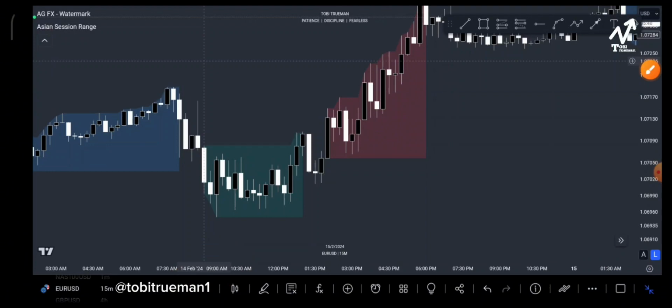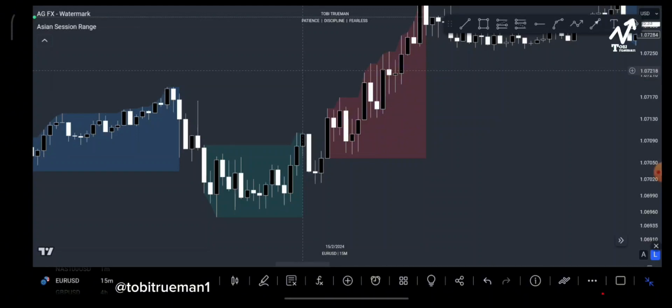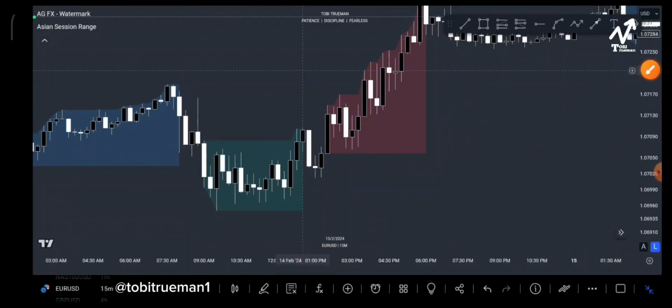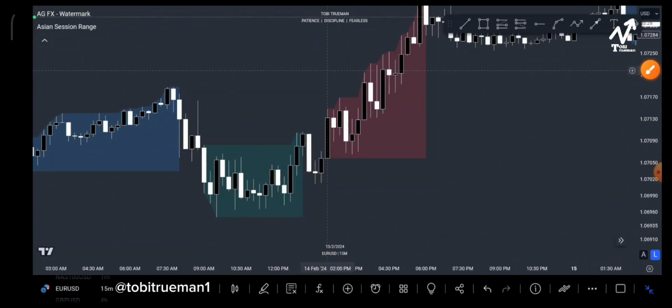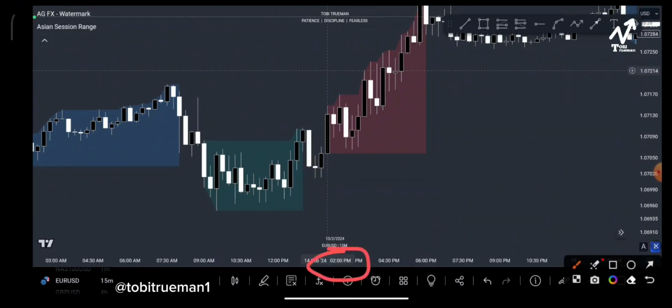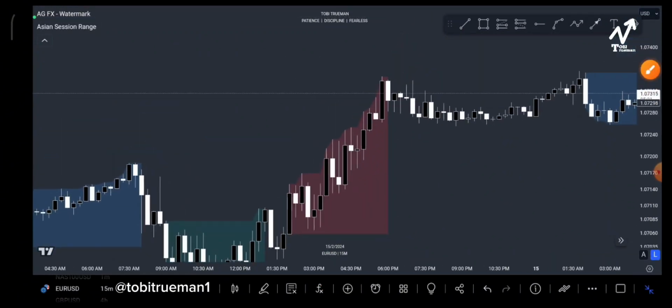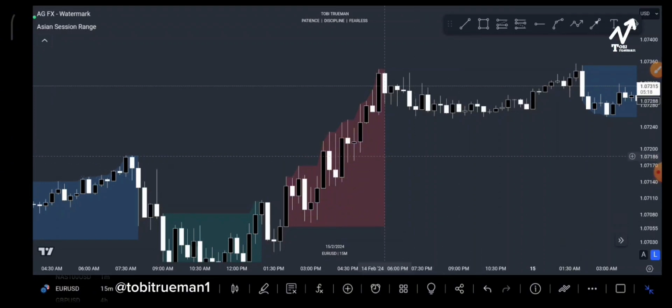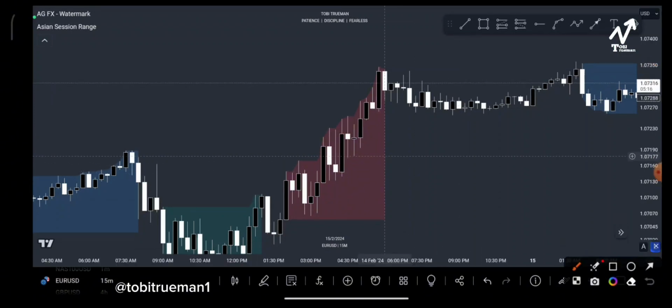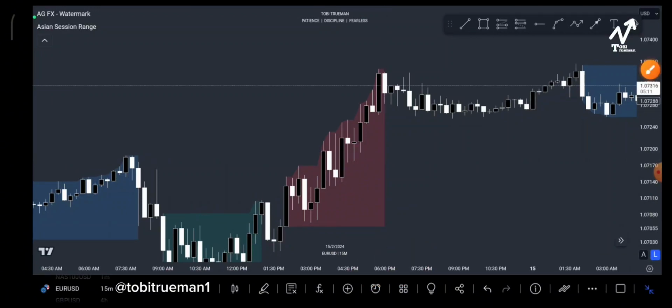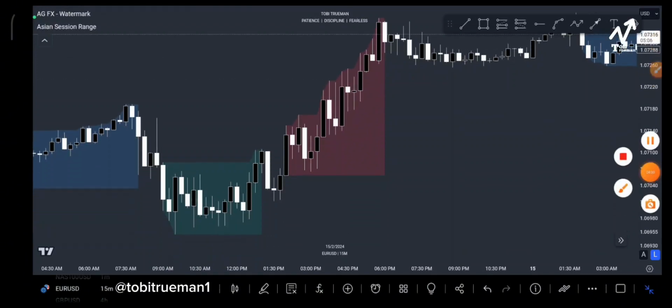So you can see that my time here is from 9 o'clock, then the London session will finish by 1 p.m. Nigeria time. So you can check it also in your own country time there. And you see also the time variable here, 2 p.m. that is when the New York session starts. Then you can also see the session finish by 6 p.m. That is when the New York trading session will be finished, okay? That is how you make use of the session